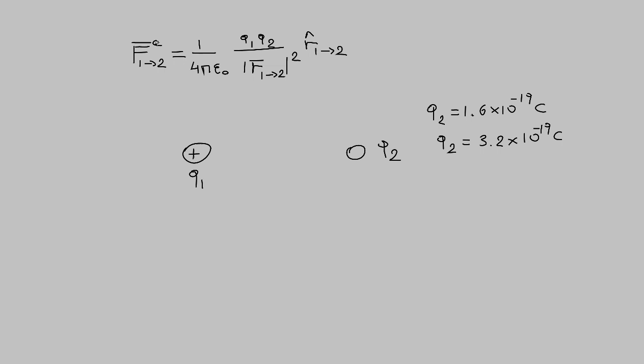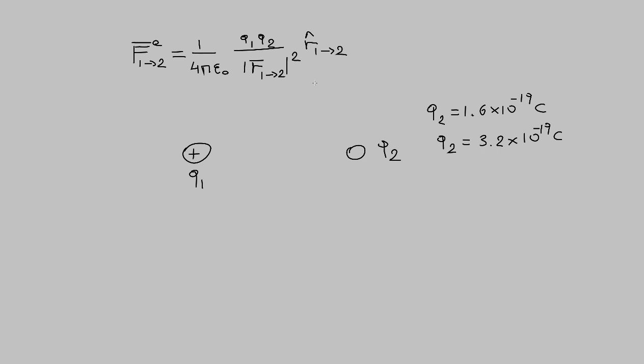It gives us the electric force from charge 1 to charge 2, and this includes the constant 1 over 4 pi epsilon naught, the charge Q1, the charge Q2, the distance squared between the two charges, and the unit vector r hat. Now, in our case, where we have a fixed charge Q1 and Q2 can take different values,